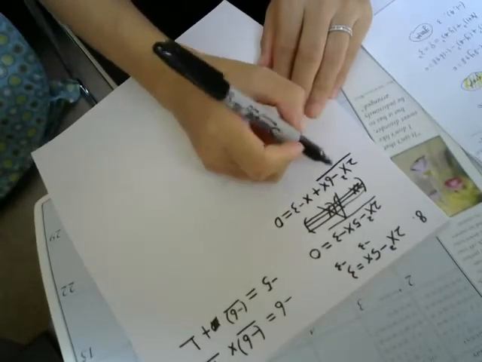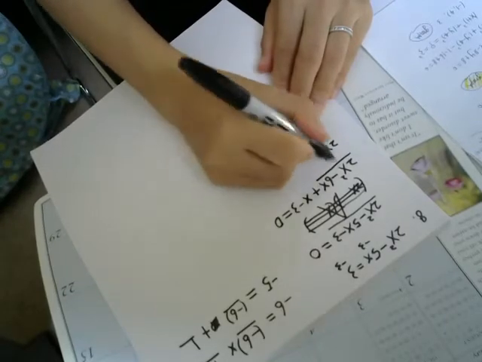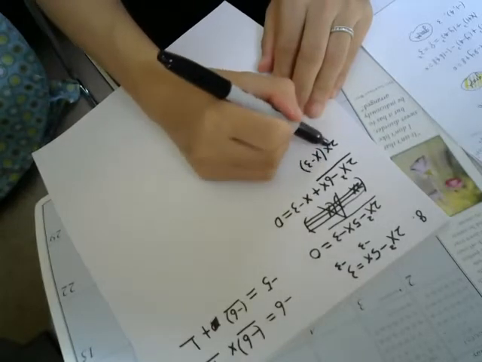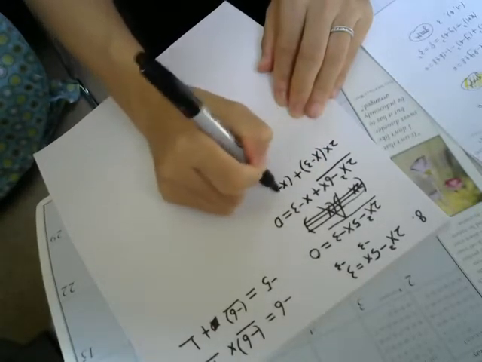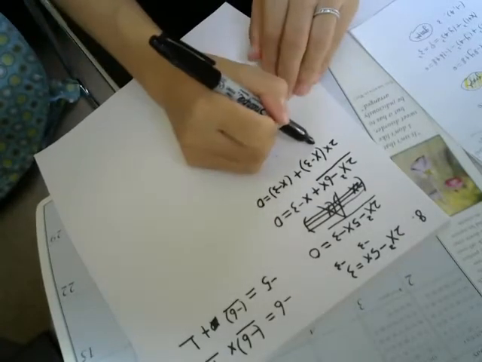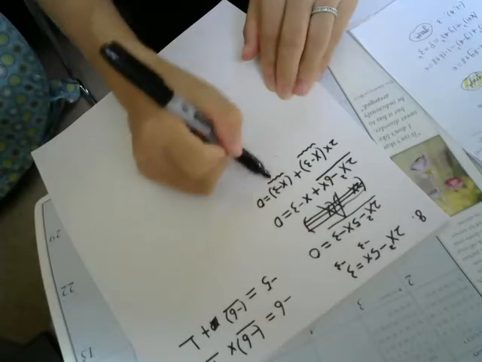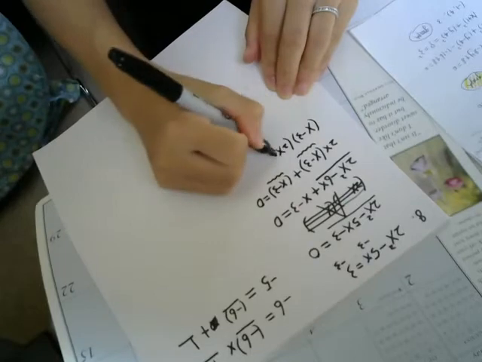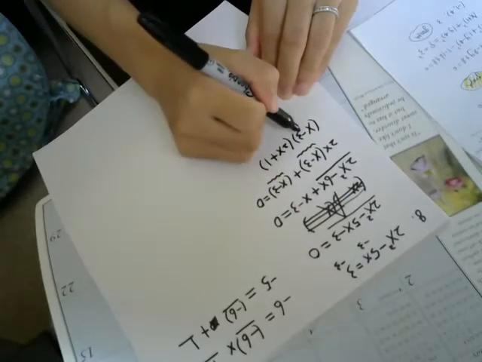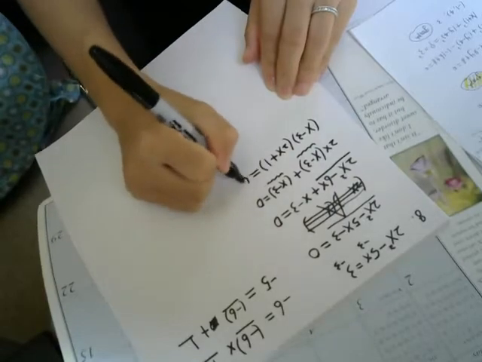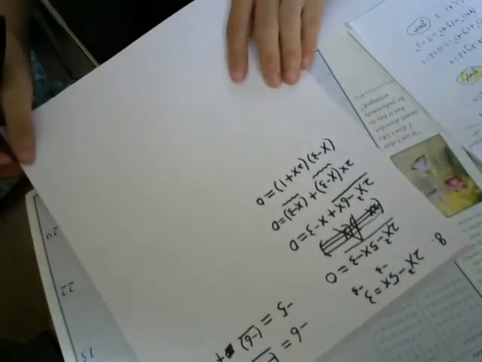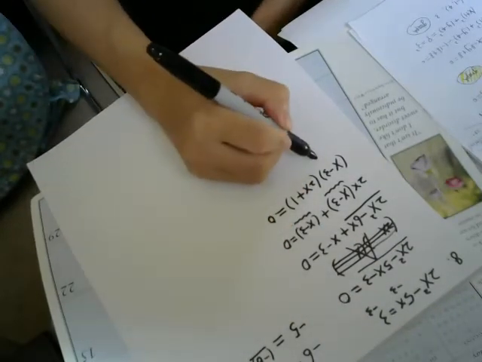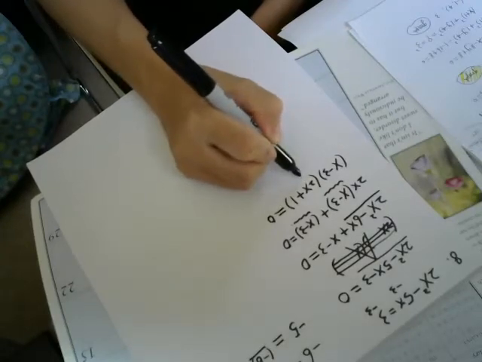So for the first two terms, we share 2x as the common factor. This term leaves x, this term leaves a 3, because 6 divided by 2 equals 3, plus x minus 3 equals 0. And then you see these two terms share x minus 3, so you put x minus 3 outside, and leave 2x plus 1, because 1 times x minus 3 gives you this term. So right now we factored the initial equation, and using the zero product property,